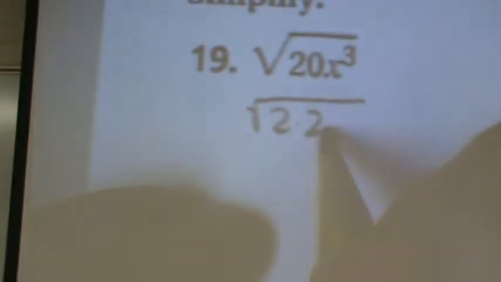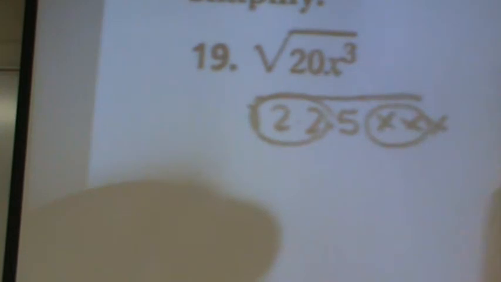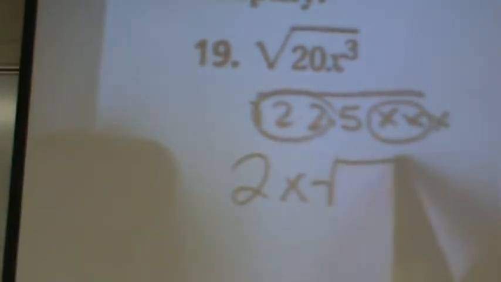Number 19, we are going to just simplify this. We have the square root. 20 is 4 times 5, and we have x, x, x. So we've got a pair of 2's and a pair of x's, so it's 2x root 5x. Number 20,